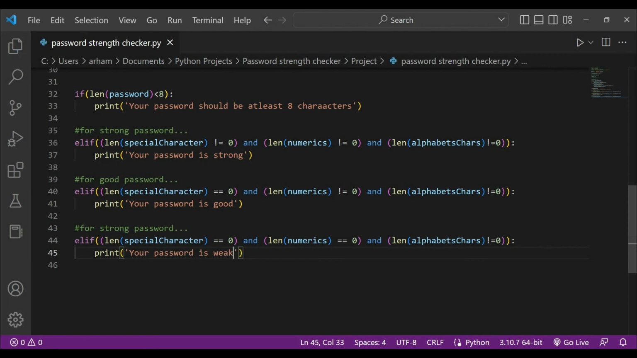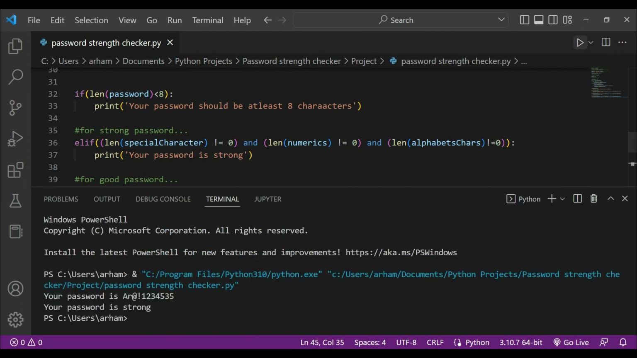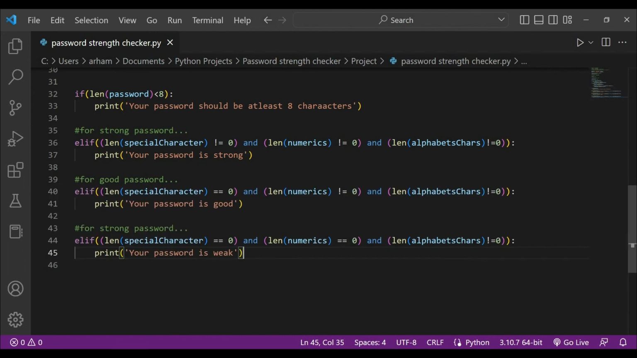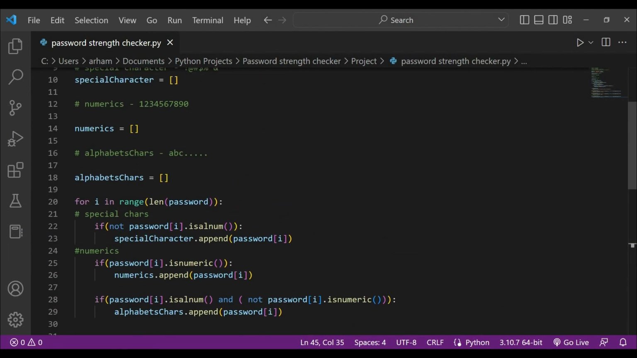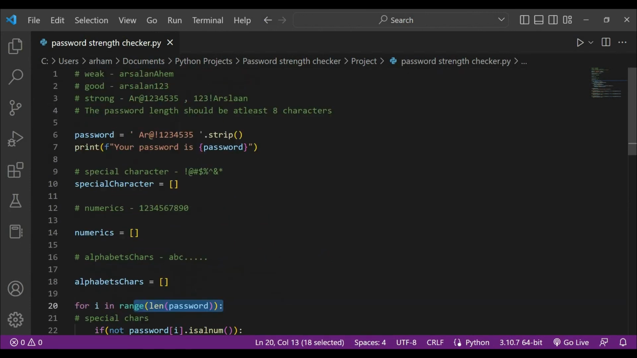Your password is weak. Okay, so this was all in it. Let's run the code now and check what we are getting. See, your password is this and your password is strong. Now let's change it, so instead of this,